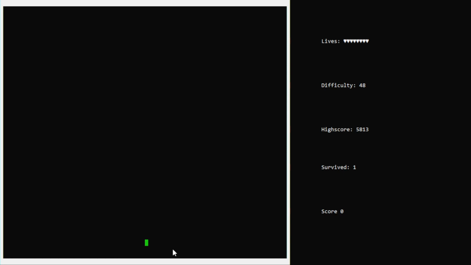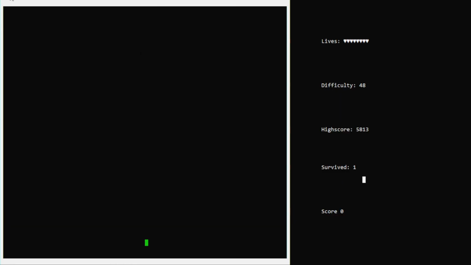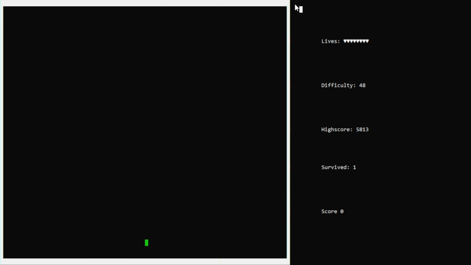So this is the gameplay environment, and as you can see, we have a menu to the side here with our lives, difficulty, high scores, survived, and our score. This is sort of outside the board. So this is the car array that I've been talking about, and it's all contained within here. It's printed out, and there's a border on top. So there's a line printed on top, a line printed on the bottom, and then this border printed